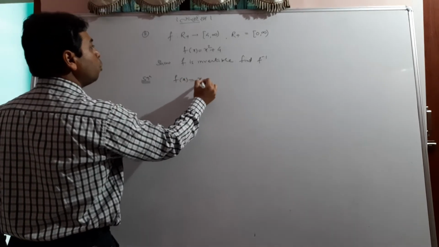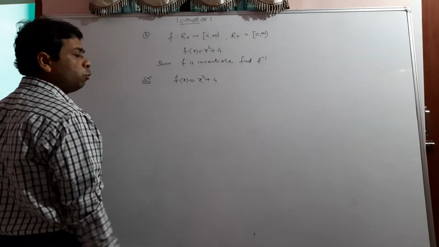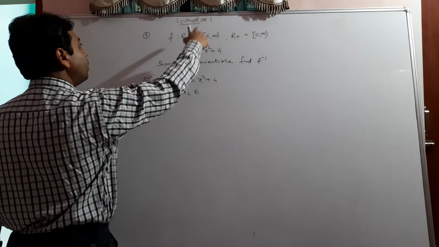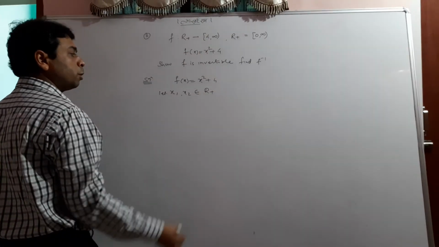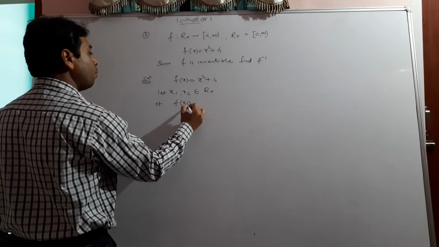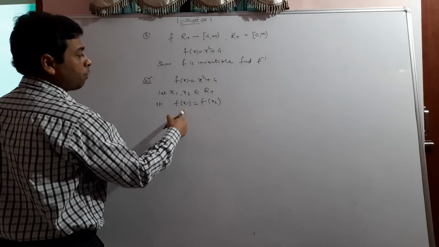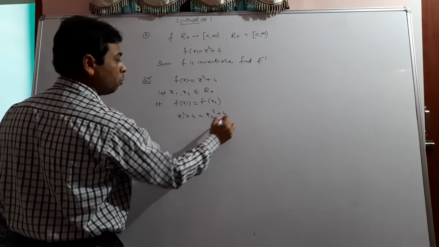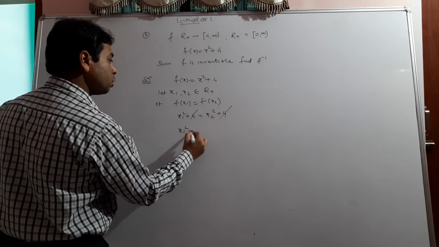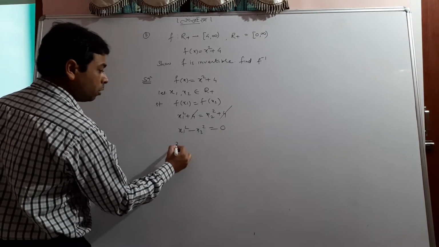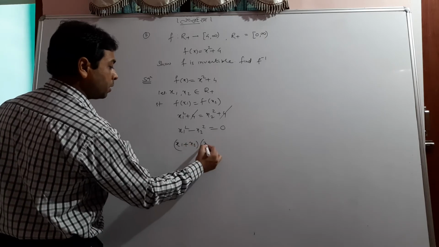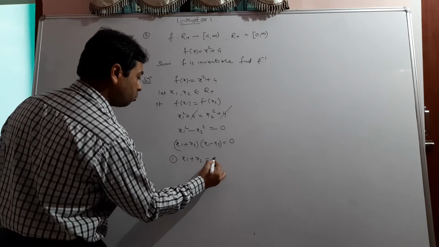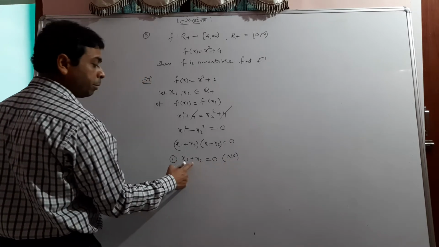For proving the function is invertible, we will prove the function is 1-1. So let x1 and x2 be two elements of R plus, such that, as we used to take, f of x1 equals f of x2. So f of x1 means x1 square plus 4, and x2 square plus 4. So these two cancel: x1 square minus x2 square equals 0. So definitely it will be written (x1 plus x2)(x1 minus x2). And we have two options: x1 plus x2 is equal to 0, which is not possible,